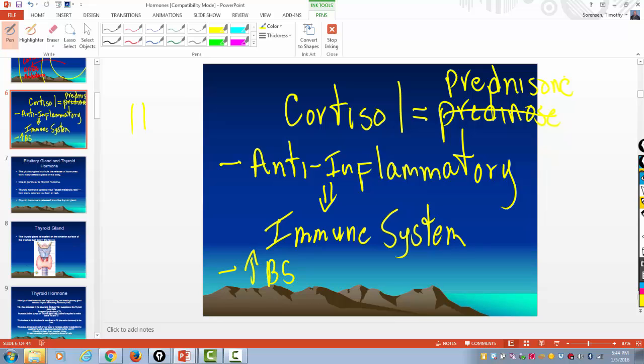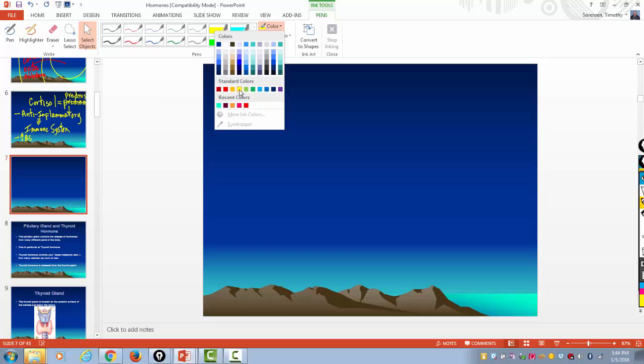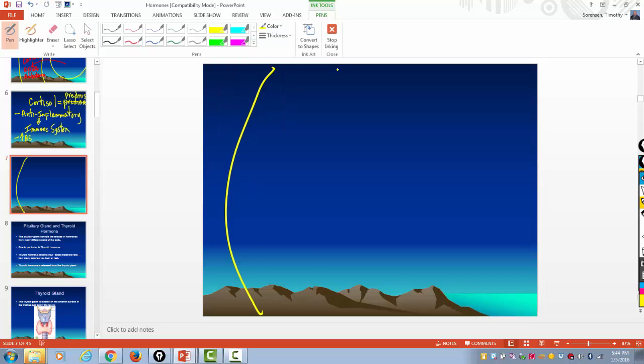The other thing that cortisol does is it increases your blood sugar. And it does so in several ways. And if you understand this, then you're going to understand some of the effects of having too much cortisol. You have that cushion of cortisol. So one of the big effects of cortisol is,